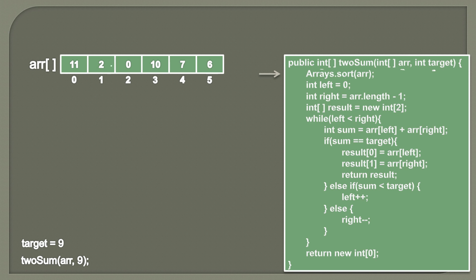So here if you see, as these numbers are in random order, in order to find the pair 2 and 7 which will result in our target, we have to compare each element of this array to another element, but doing so will be a time consuming algorithm. So what we do in the first step is we try to sort this array. We will see its significance later. So after we sort this array, here you can see the elements are arranged in ascending order: 0, 2, 6, 7, 10, 11. Moving ahead.